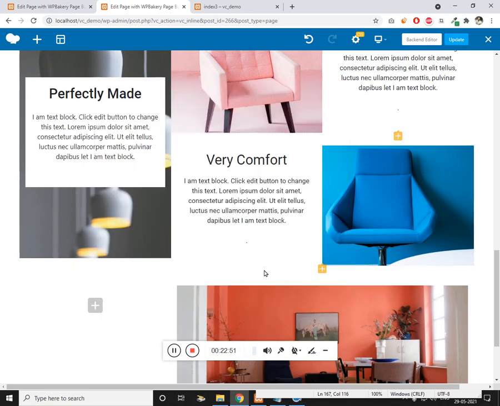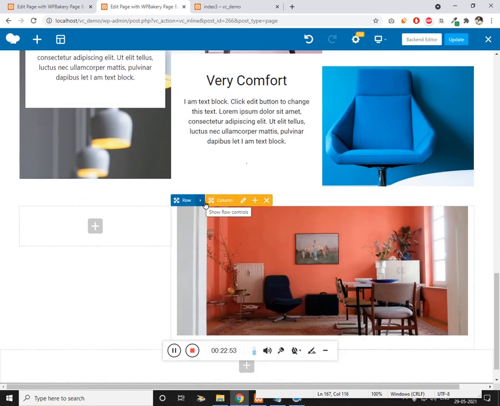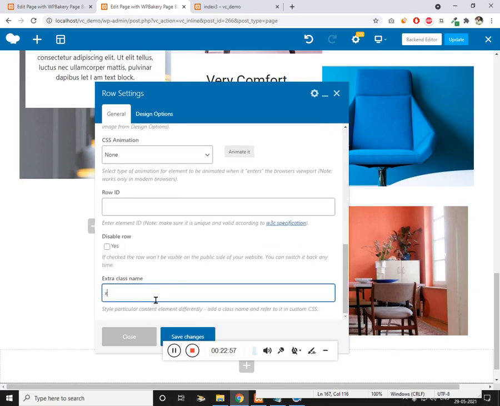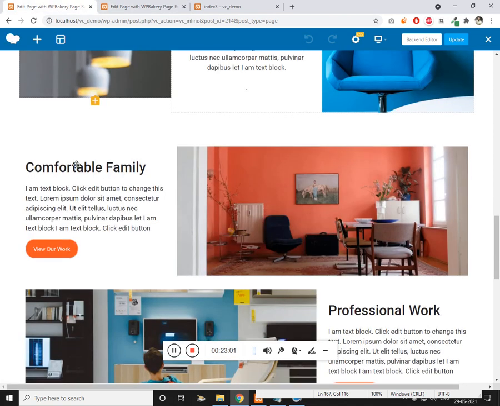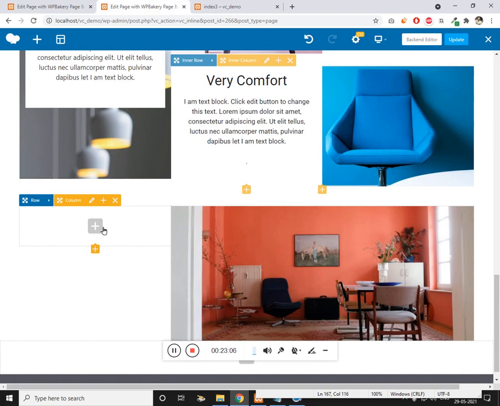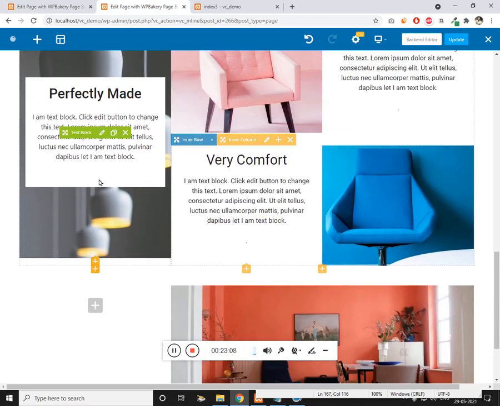And to remove the margin and padding, let's add custom grid here as well. And now we just need to add, let's add first an inner row, and then just drag and paste all the required content.